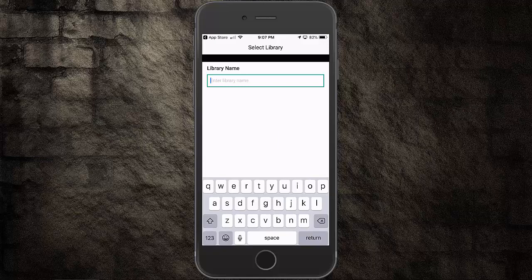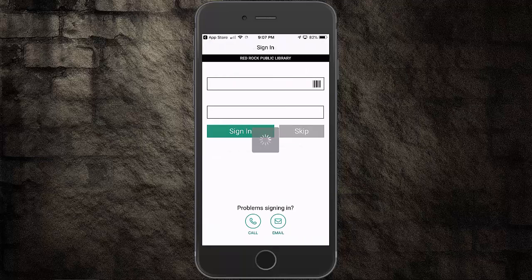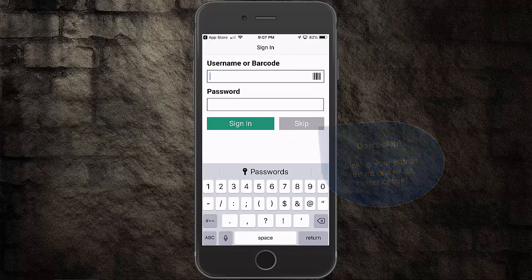The library that we recommend you use if you're going to try this out on your own is Red Rock Public Library, and in fact as I start to type it there, you see it right there at the top. Red Rock Public Library, Syracuse, New York. I select that, and now it wants to know who I am, and you'll notice I've got a button there to skip the login, skip the sign in, but we're going to go ahead and provide user credentials, and I'm going to use barcode in this case,